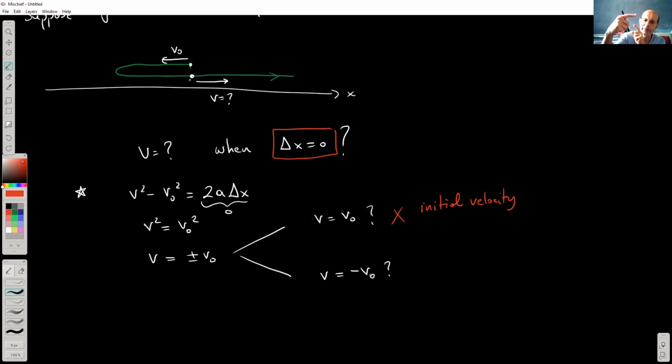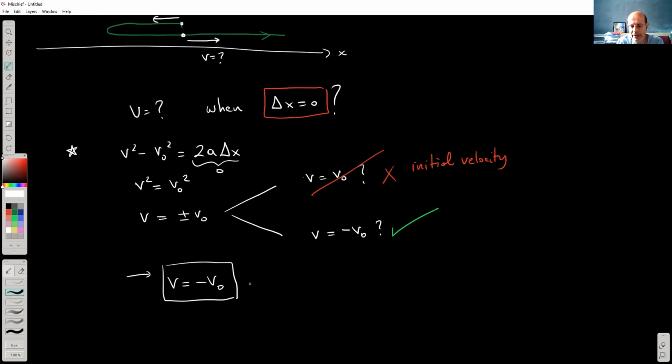I mean, this happens twice in the motion of the object. Once at the initial time, and a second time when it's passing through again. So as a result, when I insert in that condition, I always find two different solutions, right? One of them should always give me the initial condition, and as a result, I should eliminate this. And the other one should give me the solution that I'm looking for, okay? So as a result, then, therefore, the V is equal to minus V0 in here,